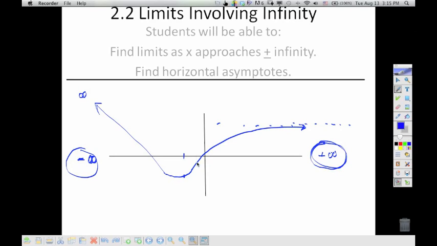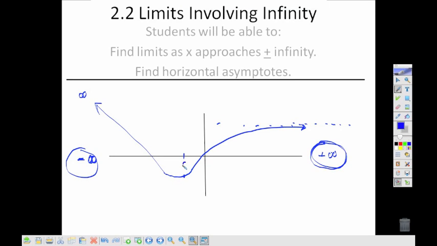So far we've been looking at limits considering values of x that are finite and seeing what their limits are. But now we're going to start moving to what happens when we have very large numbers or very small numbers for x. So we're looking basically at positive infinity and negative infinity. What we're looking for is if we're going to be balancing out, leveling out at some horizontal asymptote line, or if the values are going to keep growing, like going up to positive infinity, or maybe going down to negative